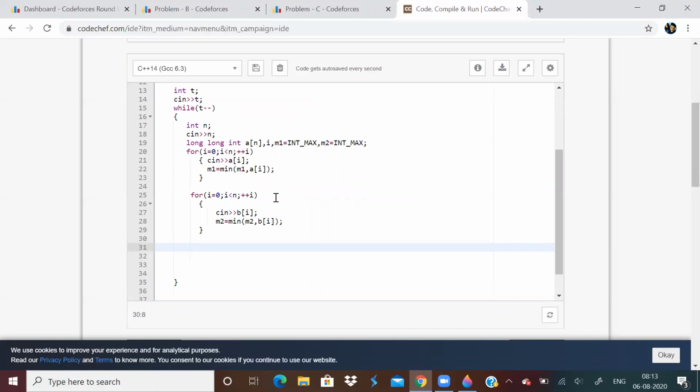Now what can be done? Now let us run a loop, and we need to find the minimum number of moves, right? So I'll take a sum variable. Sum variable represents the number of moves, and I'll say sum plus is max of a of i minus m1, b of i minus m2.